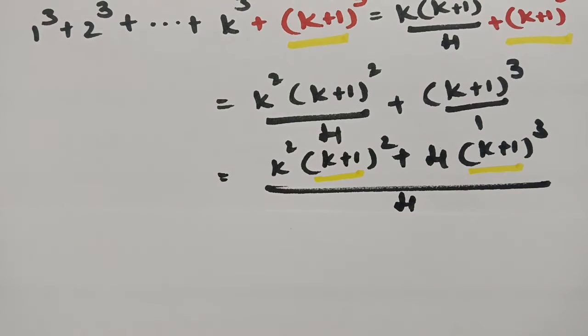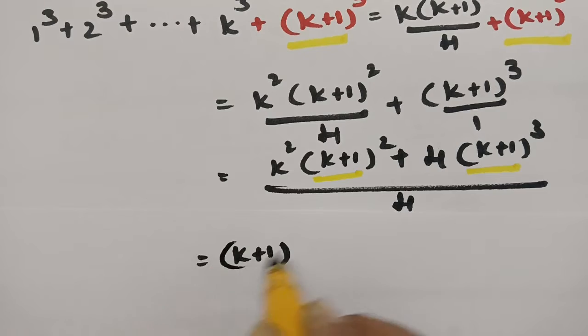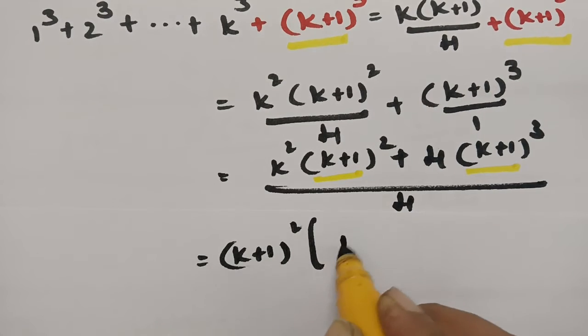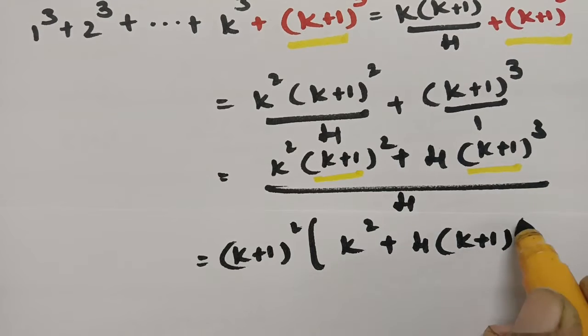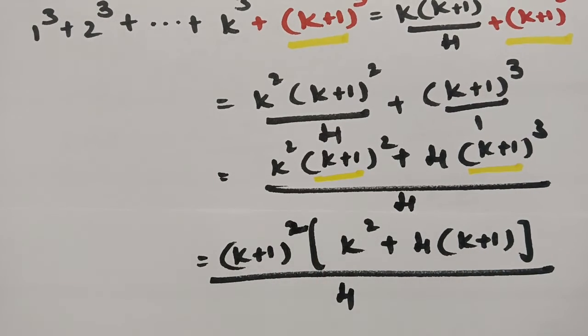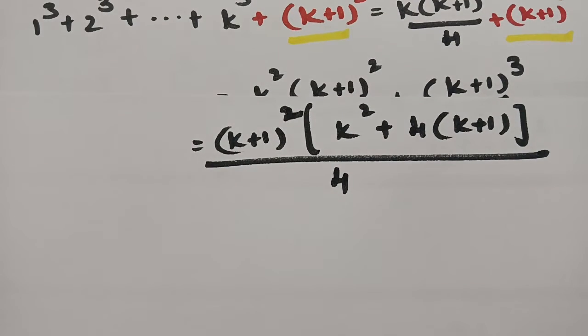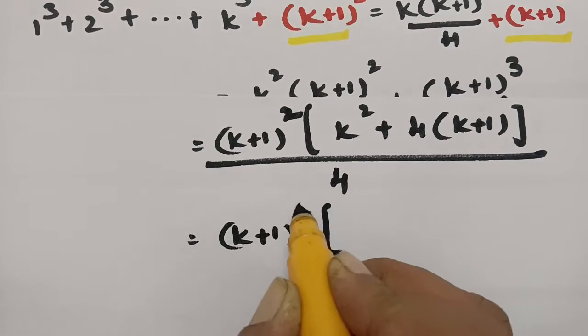After taking (k plus 1) whole square common, this will be k square plus 4 times, which is 1 time of (k plus 1), by 4. And clearly, if you observe this one, this will be (k plus 1) whole square into